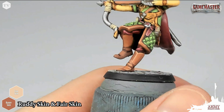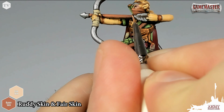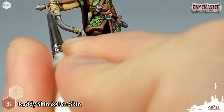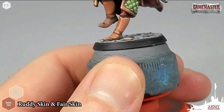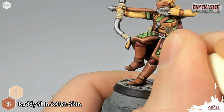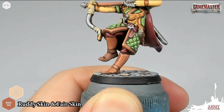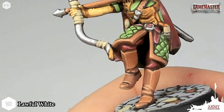So we're going to go around the rest of the model. Of course, on the shaft of the arrow, I'm just going to apply one little highlight with this 50-50 mixture to either end, just like that, real simple. And you don't want to forget the strap that he's got around his shoulder and all of the rest of the leather bits on the model. Once we're finished with all of the leather bits, and don't forget the mask on our Wood Elf Ranger,